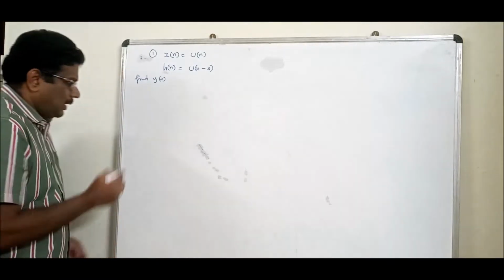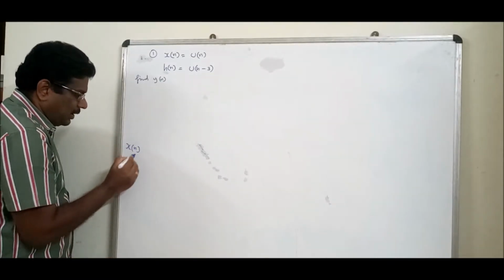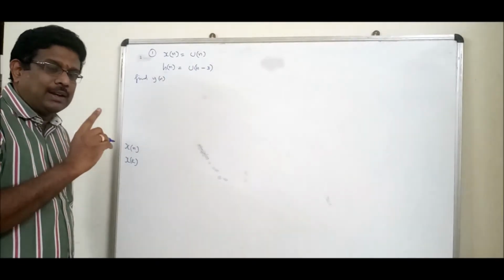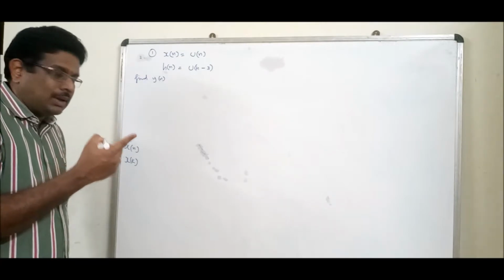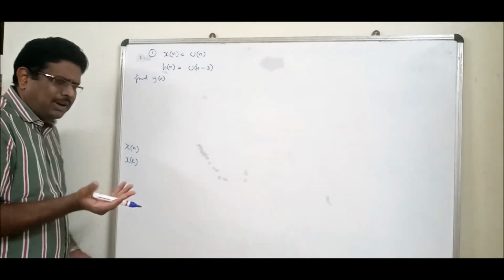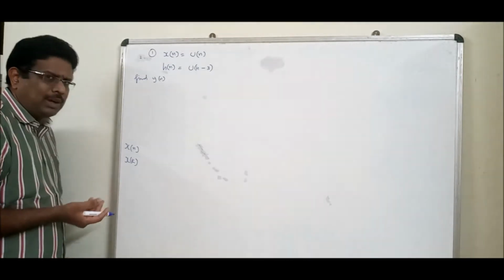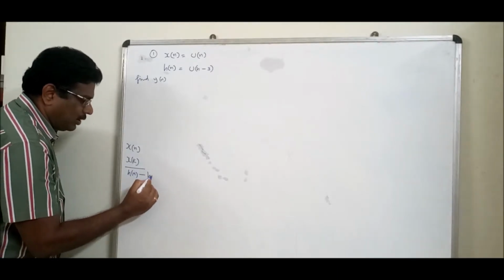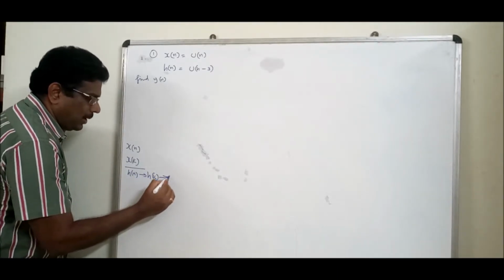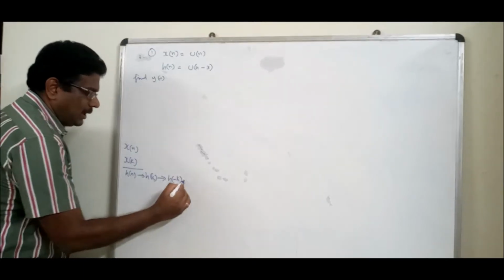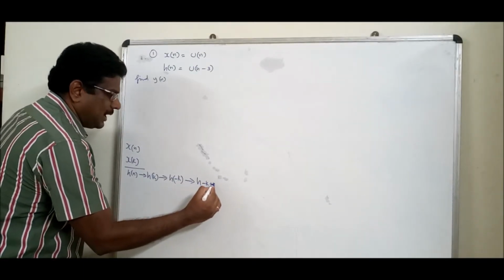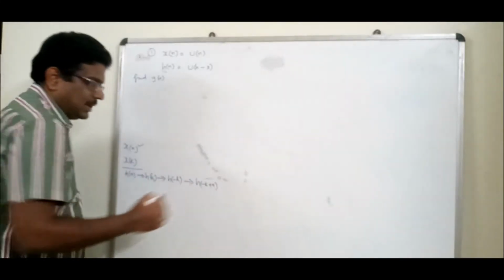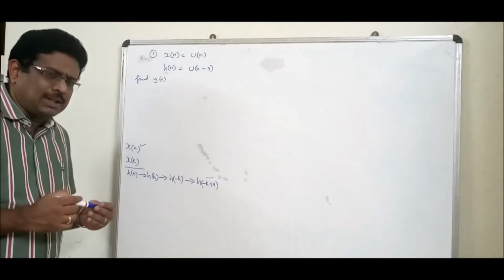For example, if I give x of n, you should convert it to x of k. Can you please recall? You used tau there. Here the dummy variable is k. You can take any variable; there is no rule that it should be only k. H of n should be converted to h of k, then to h of minus k, then to h of minus k plus n. And this is your fixed signal, this is your moving signal. The same concept, there is no change in the concept.